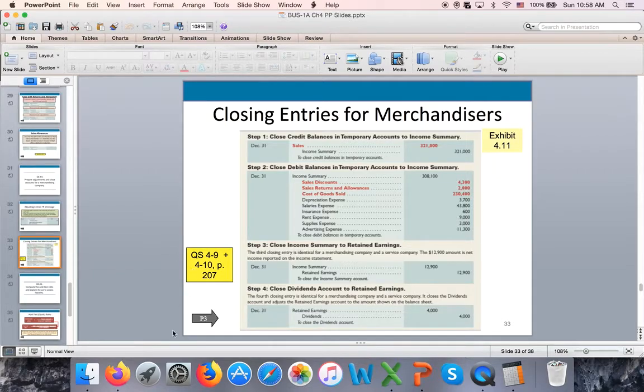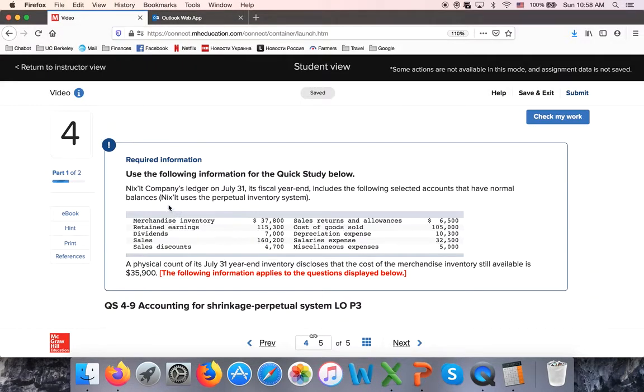207. Quick study 4-9. So we have Nixit Company ledger, July 31st. It's the fiscal year end. These are normal balances. And look at merchandise inventory. So my records show that my inventory should be 37,800, but when the company makes a physical count, the reality